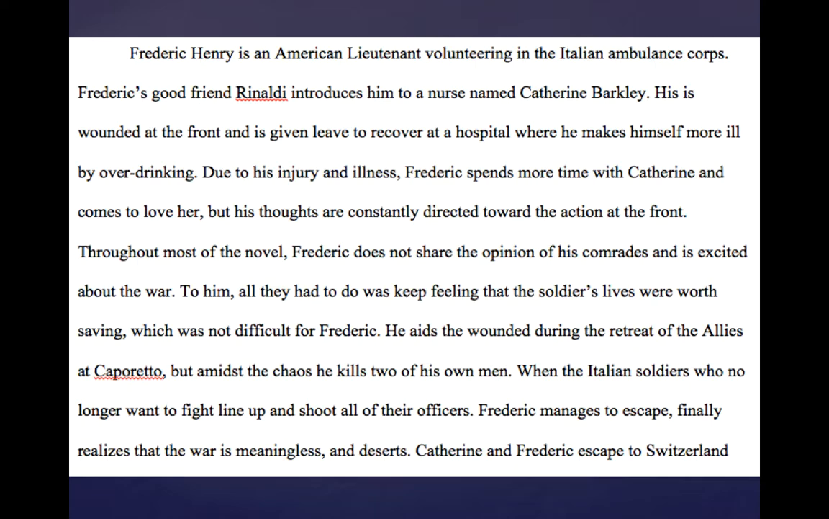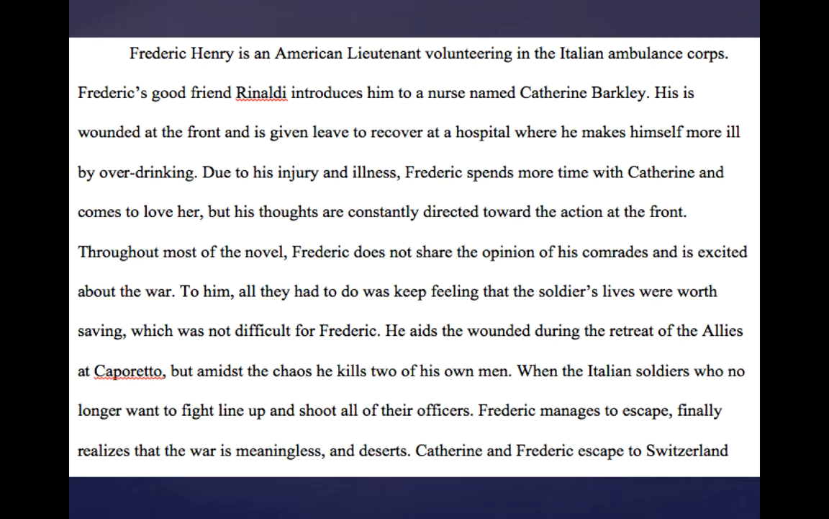Friedrich Henry is an American lieutenant volunteering in the Italian Ambulance Corps. Friedrich's good friend Rinaldi introduces him to a nurse named Catherine Barkley. He is wounded at the front and is given leave to recover at a hospital, where he makes himself more ill by overdrinking. Due to his injury and illness, Friedrich spends more time with Catherine and comes to love her, but his thoughts are constantly directed towards action at the front. Throughout most of the novel,